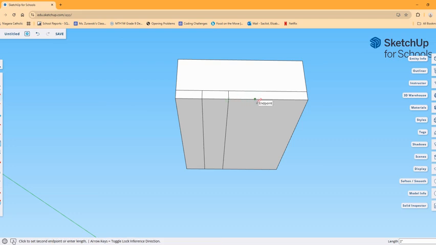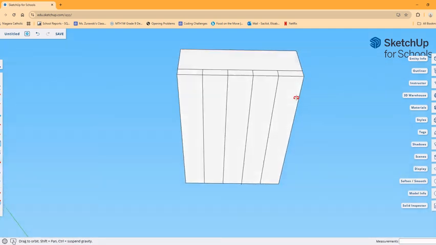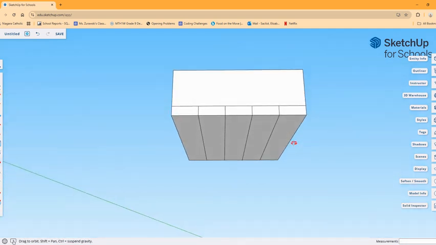There's the end point. So following my green axes and then my blue axes, from the end point up. Okay, 2 inches here. Click once, bring it up, click twice. So I've split it. Here you can see it's now 5 separate pieces, but we need to go all the